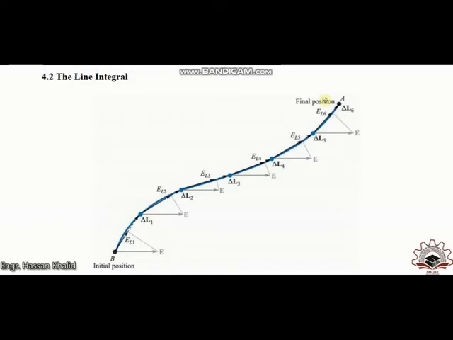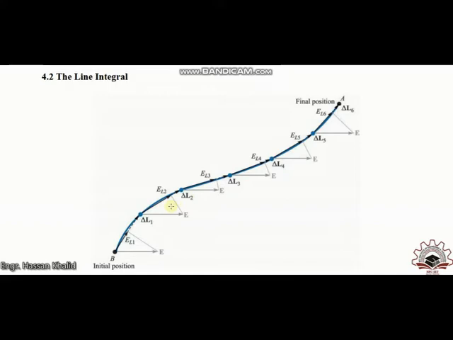Now in this figure it can easily be seen that this path is not linear, but rather represents a snake-style path. So there are many methods to calculate the overall work done by moving the charge from B to A.